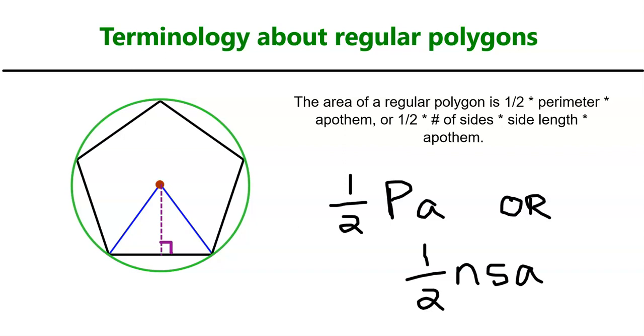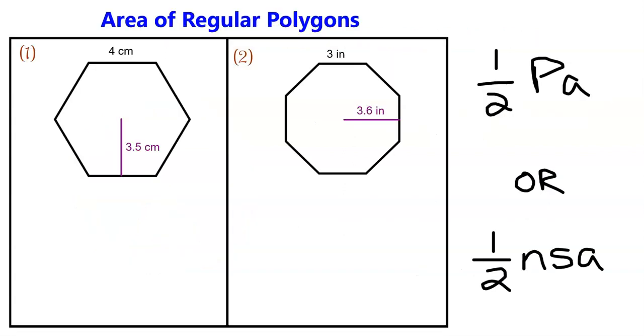So it really is just as simple as that. It's based on the triangle formula. Because we started with triangles, we can create congruent triangles within a regular polygon because the radii are all the same and all the side lengths are the same. Again, this is specific to regular polygons. So it should make sense that the area formula for a regular polygon looks very similar to the area formula for a triangle. So we just need to plug in these values into the formula and we can calculate the